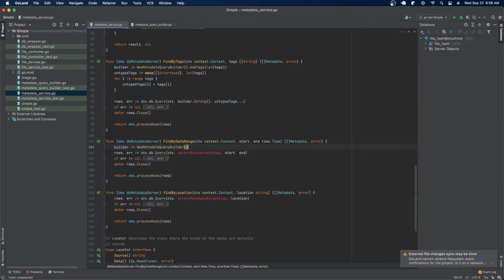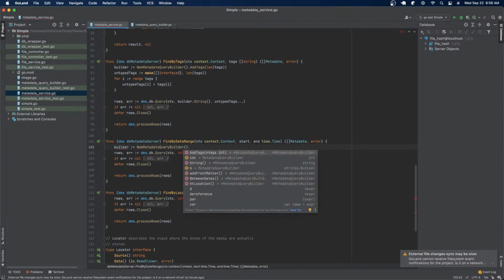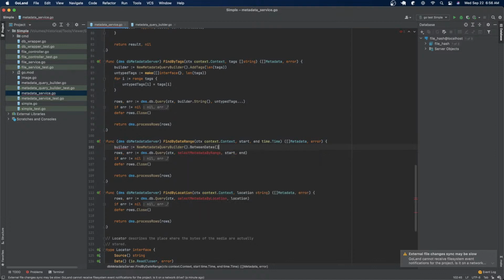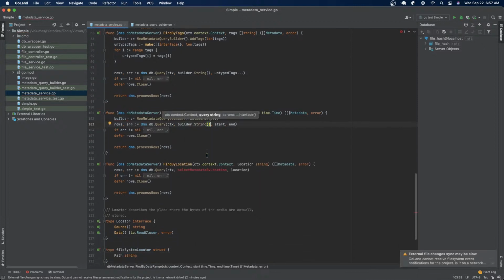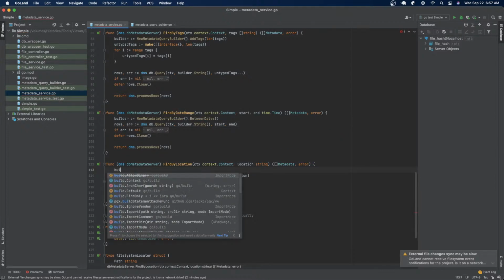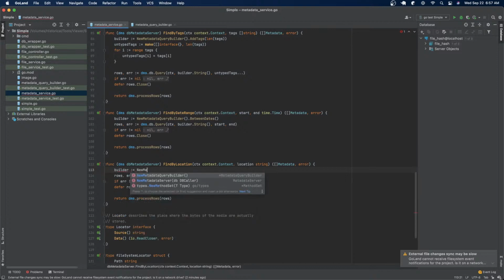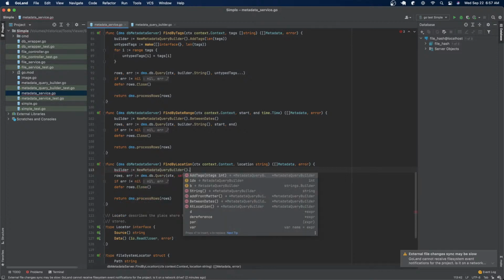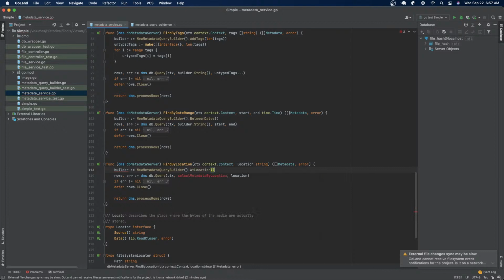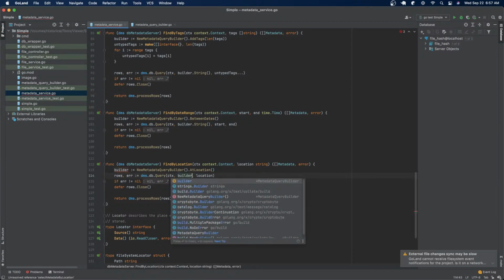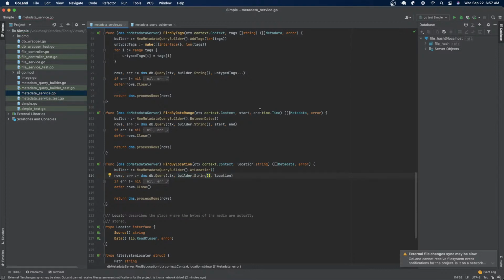new metadata query builder, and between dates, there we go, and builder equals new metadata query builder location. Alright, so if we run our tests,